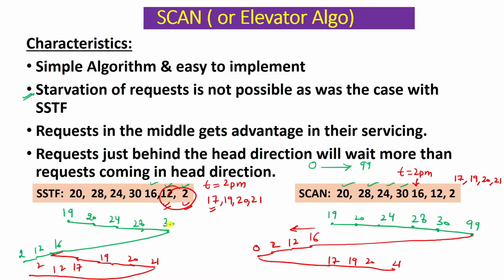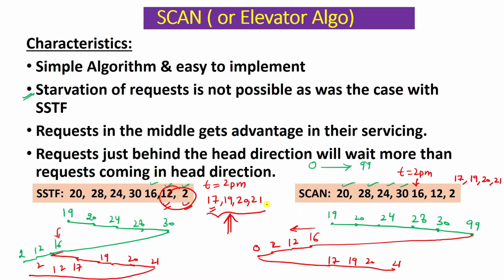So the point I am trying to make you understand is, if we have only these requests 20, 28, 24 till 2, then request number 12, or let's say this 2, were waiting for their turn after 16. They were thinking that 12 and 2 would be completed, but at 16 some new request arrived. According to SSTF, we have to complete these requests first, because they are closer to cylinder number 16. So 12 and 2 will continue to wait for their turn.